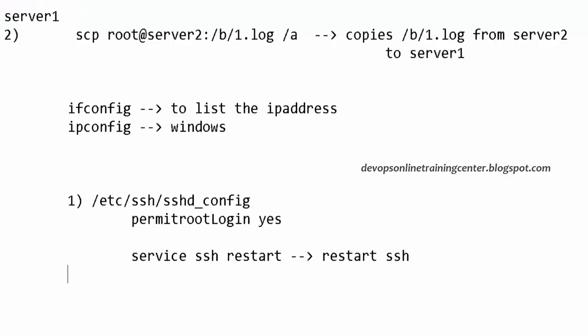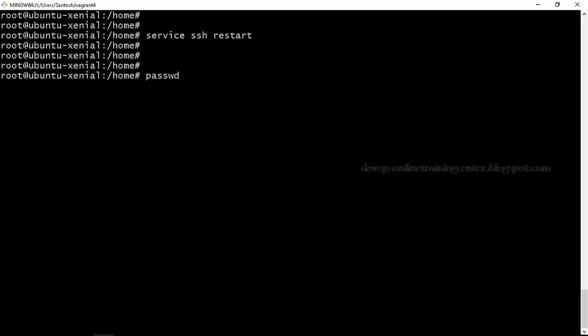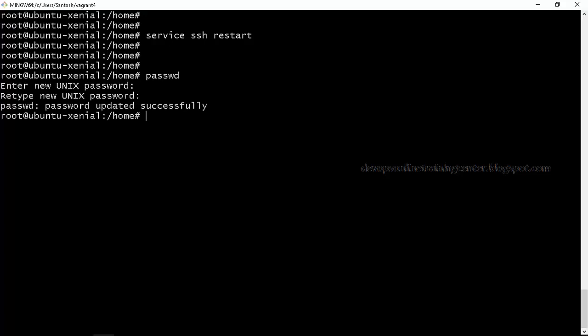What is the command to set a password? passwd is the command to set a password. If you just enter passwd, it will ask you to enter the password. Updated successfully. Okay.